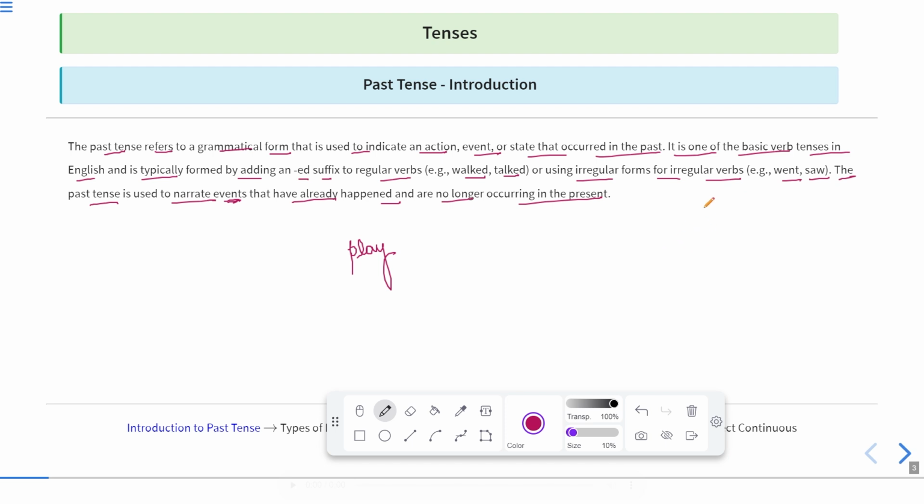So we can say that Kapil Dev played cricket. He has already played cricket. He is not playing in the present time. It was the time of past when he used to play. The phrase used to shows a past habit, but when we talk about the past tense, we are showing events that have already taken place and do not occur in the present time. We do not show the exact habit, but only the time of past.